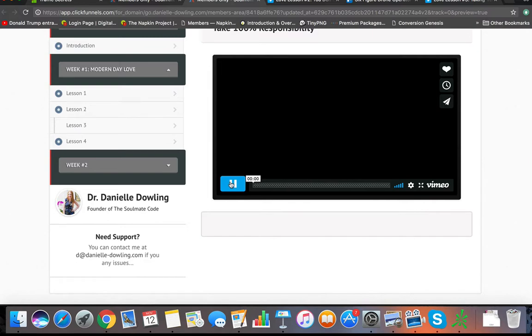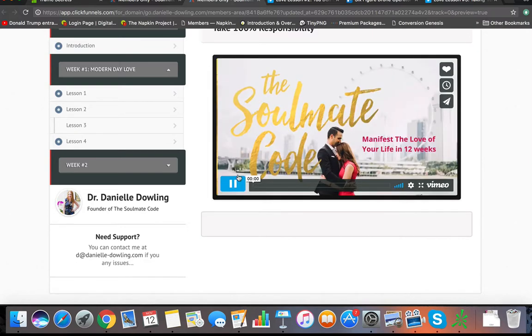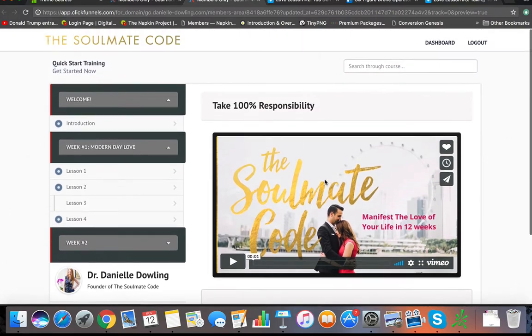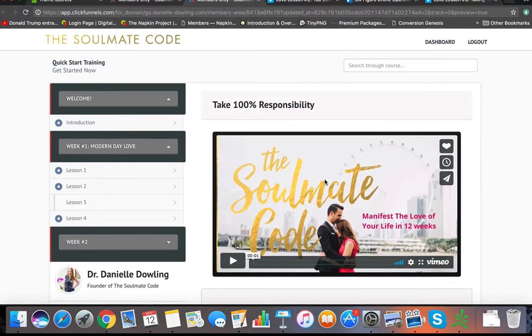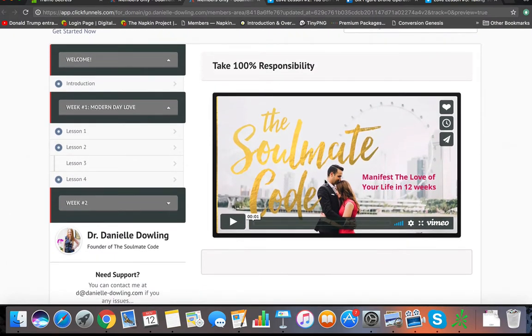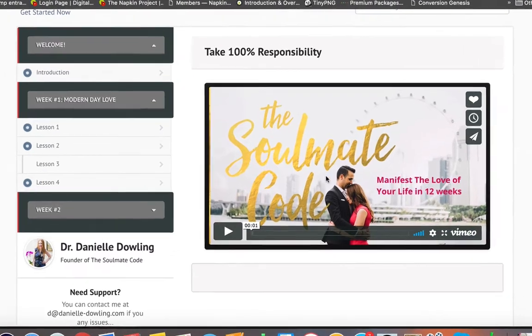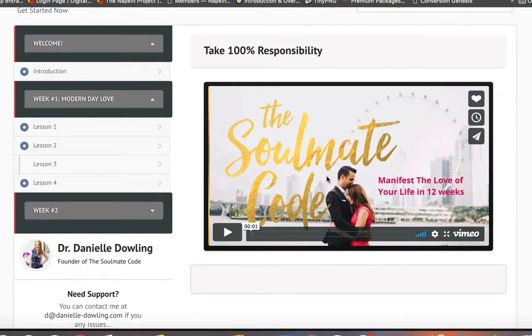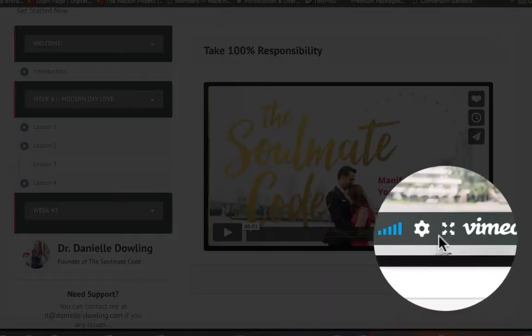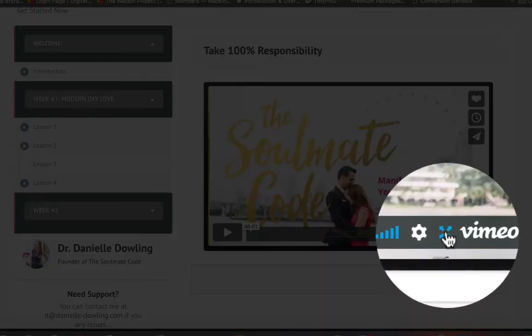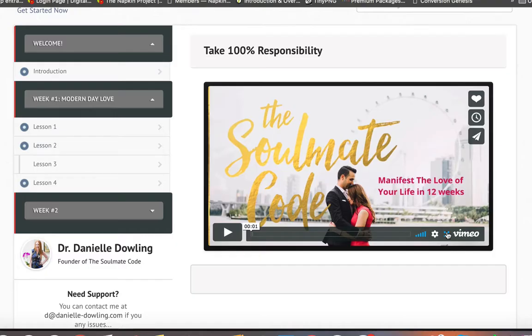All right, now here's one of the things that I wanted to show you that you can do inside of the members area. The way that it looks on most laptops, things might look a little bit small, so it's going to be kind of hard for some, depending on the size of the videos and the stuff that you built, it's kind of hard to read. But if you come over here and you see the Vimeo full screen icon, people that are watching your video, just make sure that you maybe mention it in your video. Hey, if you're having a hard time seeing this,